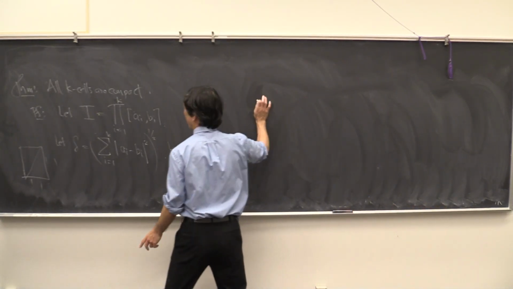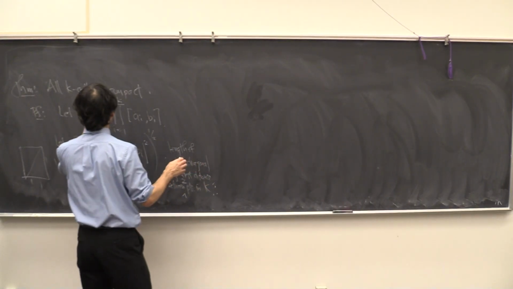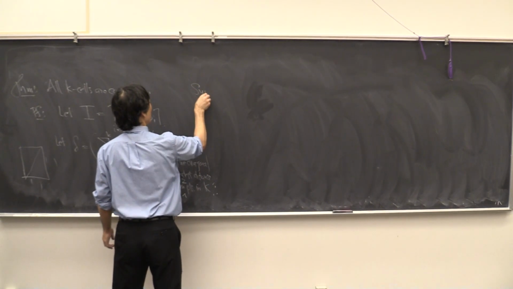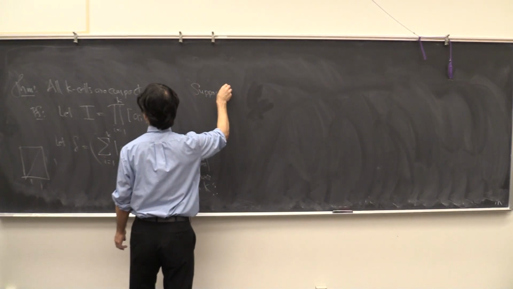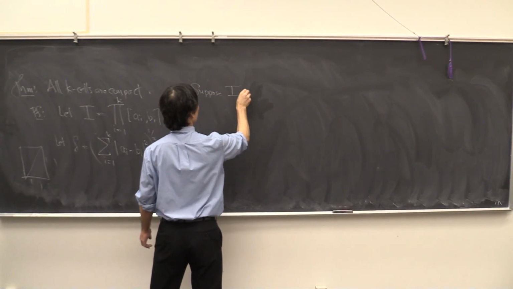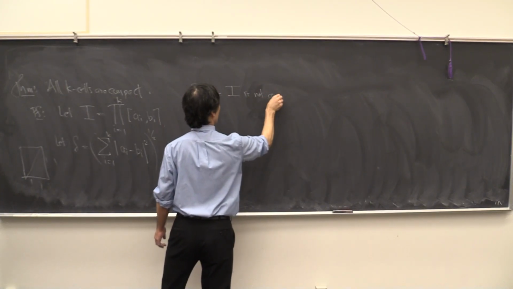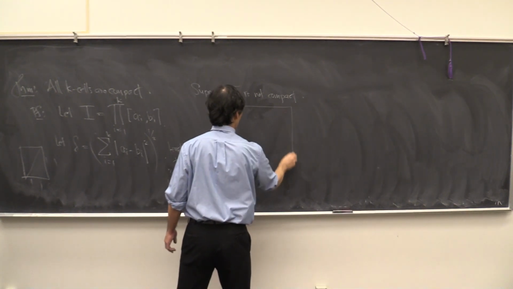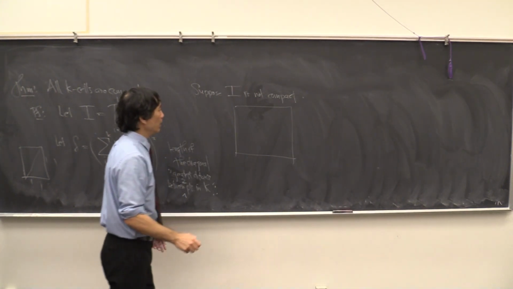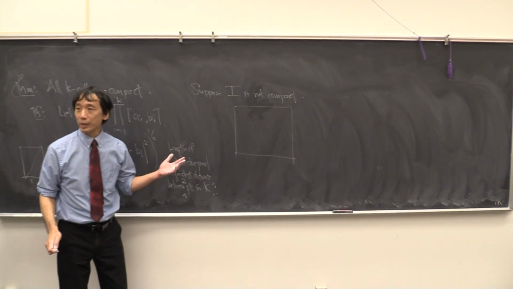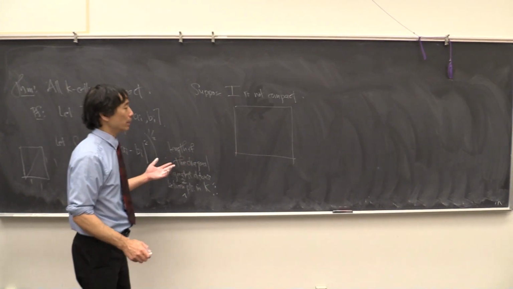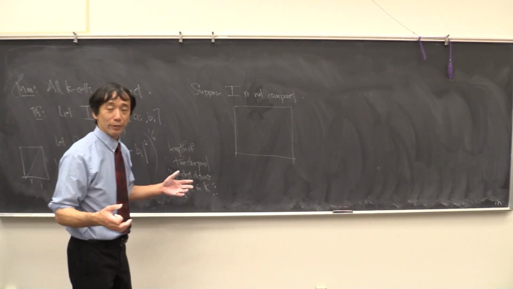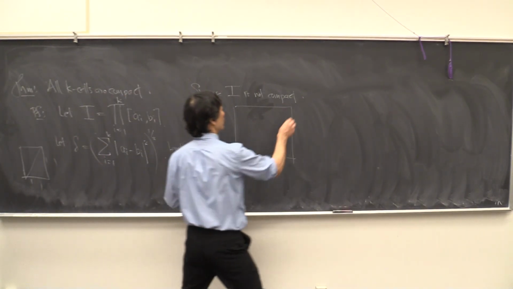So our claim is that we want to show that the K cells are compact. So we'll do it by contradiction. Suppose the K cell I is not compact. In that case, and I'm just going to draw it as if it were on the plane. What does that mean? If you're not compact, then there's some cover that doesn't have a finite subcover.